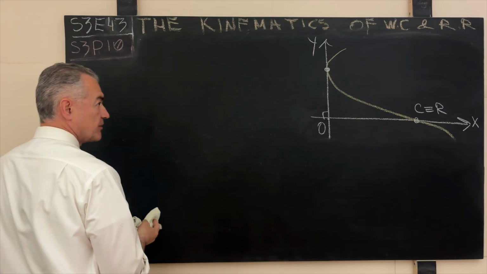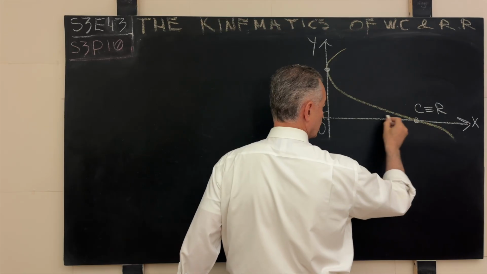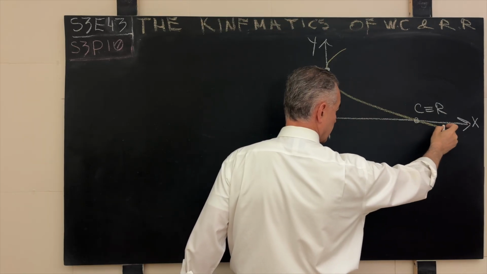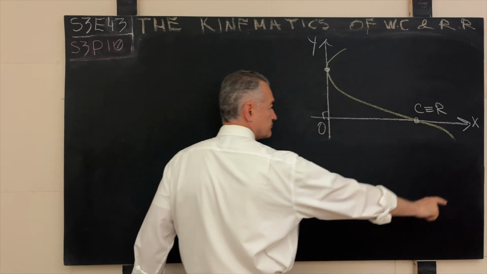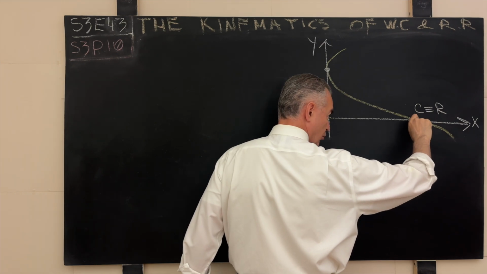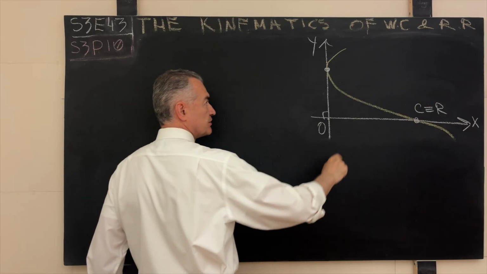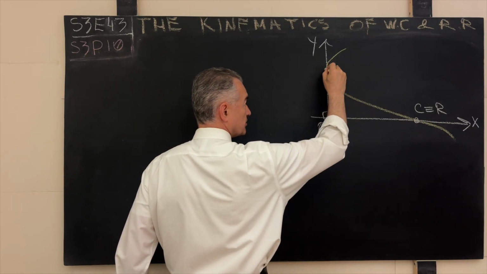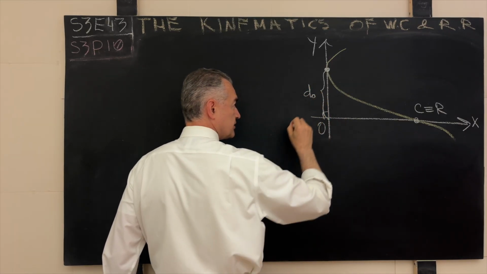When and if the intercept event happens, so when the point C eventually caught up to the point R, we know that the point R runs along our real axis X, and the point C can only intercept it there, so both points are now sitting on the X-axis. How long did it take for the point C to catch up to it, starting from this point? And remember that this distance right here is what? This distance is